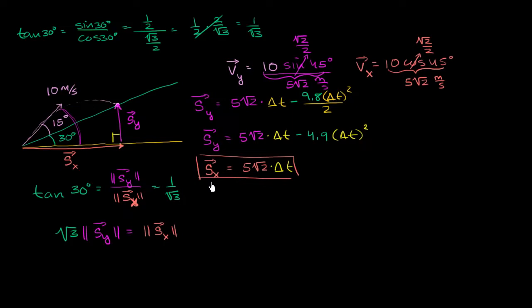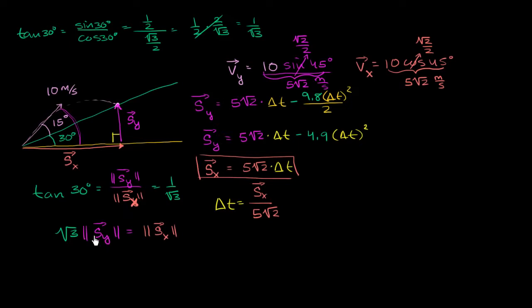The second constraint says that the horizontal component of our displacement is equal to 5 square roots of 2 times our change in time. Or another way of thinking about it, if we divide both sides by 5 square roots of 2, we get our change in time is equal to the horizontal component of our displacement divided by 5 square roots of 2. But we also know that the horizontal component of our displacement is the square root of 3 times the vertical